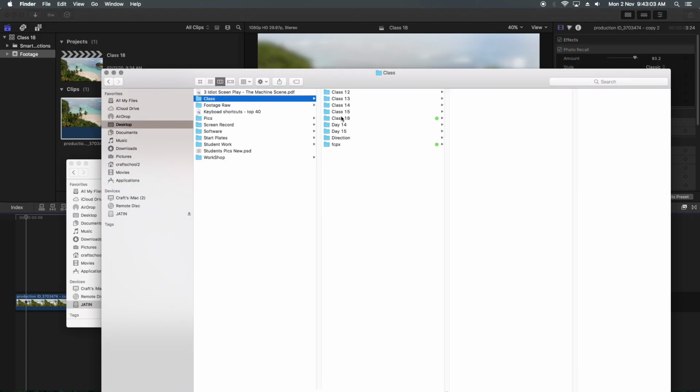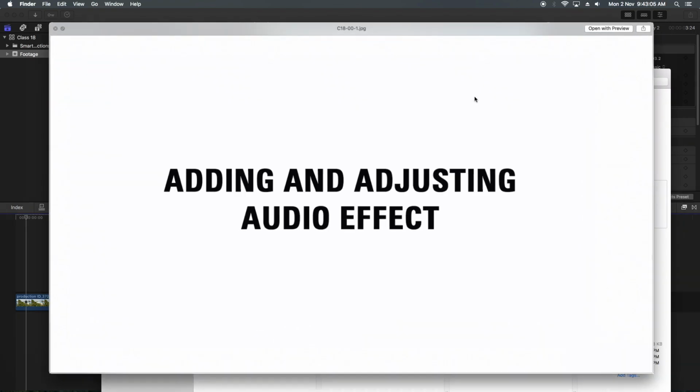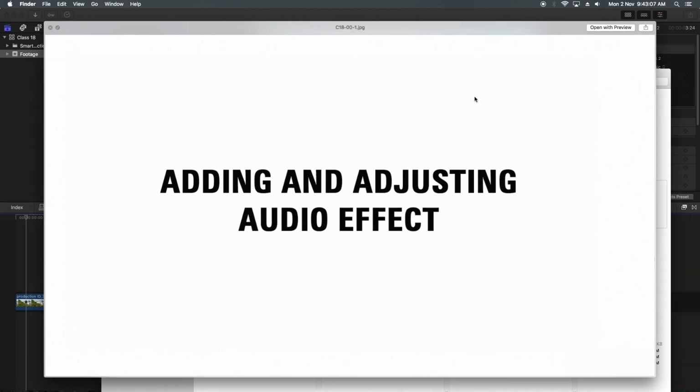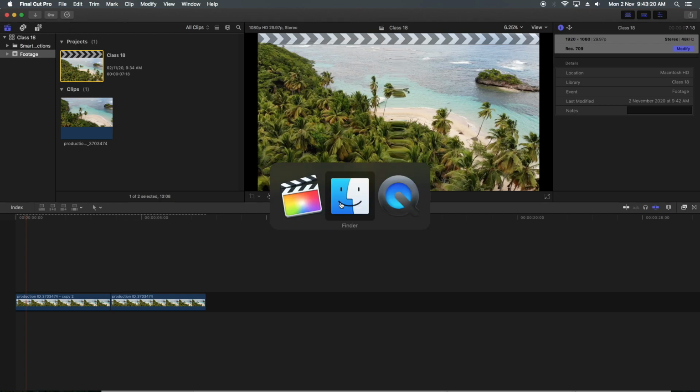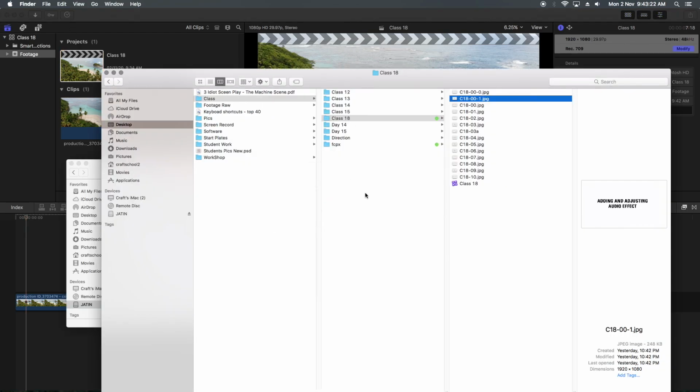Let's move to another. Now adding and adjusting audio effects. We used filters, now we are using audio filters. Let's import one audio dialog.